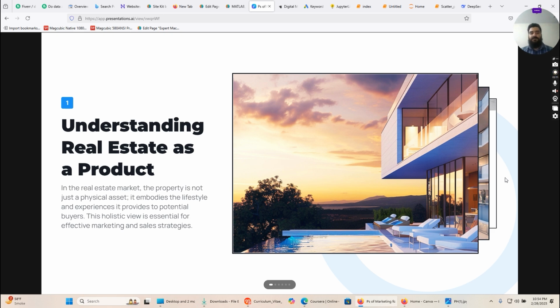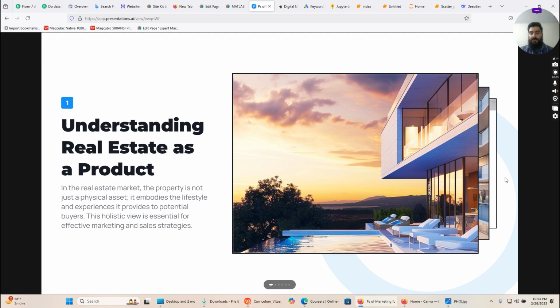This holistic view is essential for effective marketing and sales strategies. Why is it important? Because when you know the unique features of your property, you will be able to communicate those features to the target audience that will find your offering, that experience, to be worth